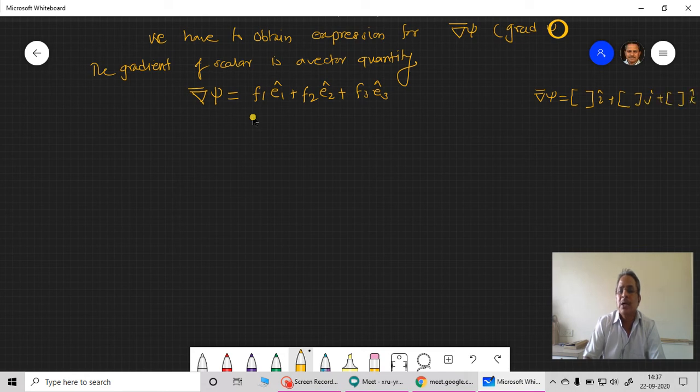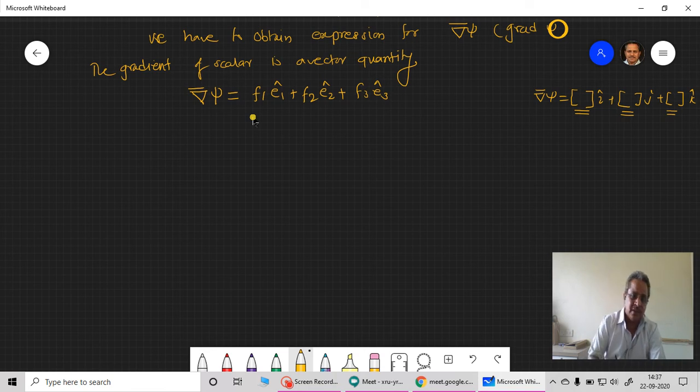So these are the components here. This is f1, f2, f3, that is what I am supposed to determine. Once I determine this, then I can get the relation for this gradient operator or this vector differential operator, and once this vector differential operator is known, I can go for this type of operation that is called the gradient of a scalar point function. So this is the vector which is written in this particular form.